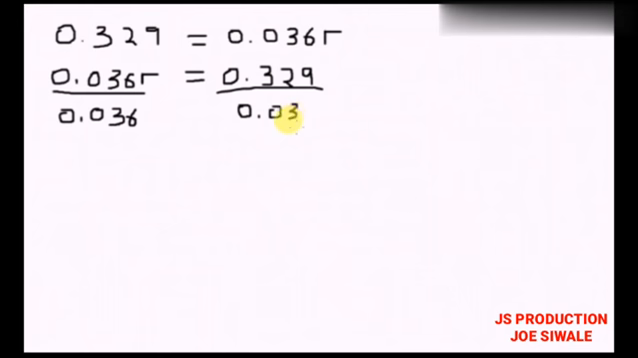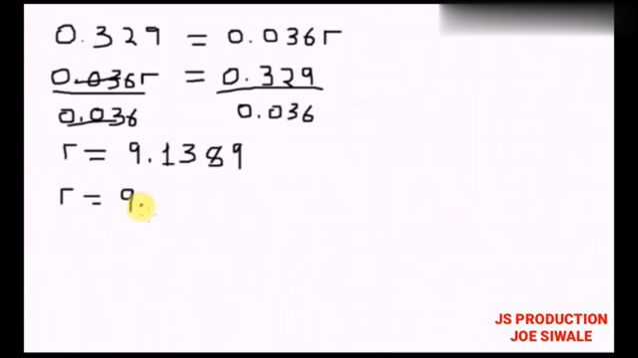My interest rate, so the first thing I'm going to do is cancel out, my interest rate is going to be 9.1389 if I round off to 4 decimal places. So my interest rate is equal to 9.1389%. So looking